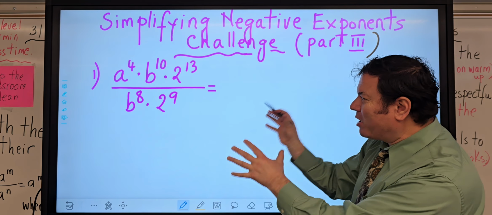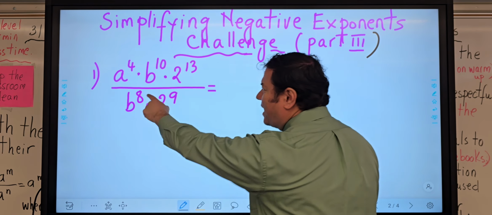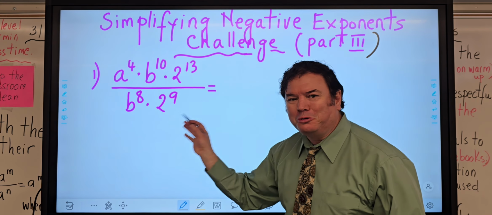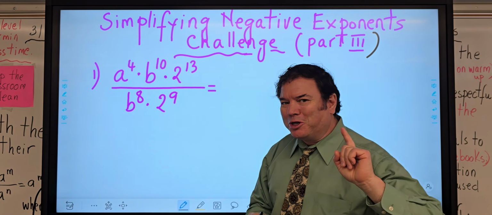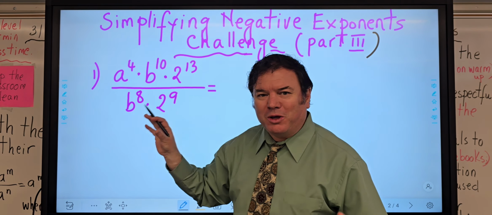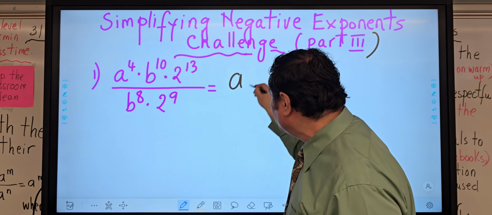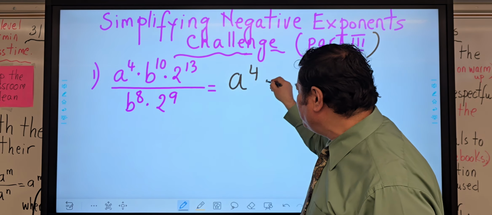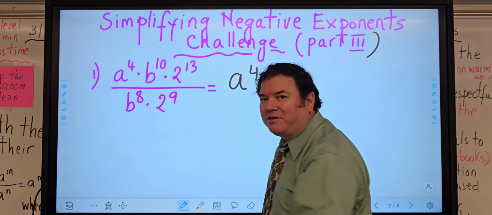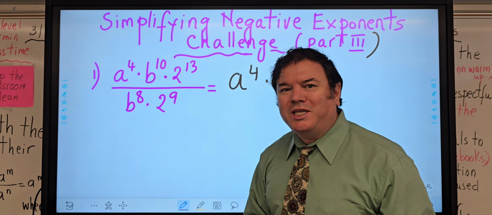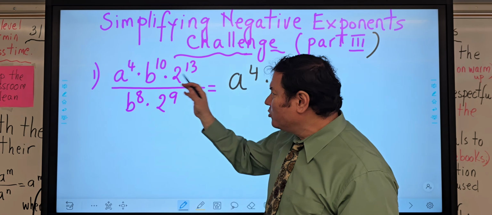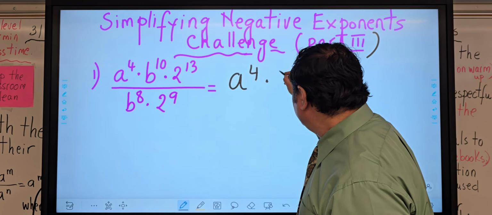Okay, let's take a look at this problem here. We have a to the 4th times b to the 10 times 2 to the 13 divided by b to the 8 times 2 to the 9th power. Based on the laws of exponents, we have a to the 4th, the only one, so a to the 4th is going to stay in the answer, times, and now we have more b's on the top. We have 10 b's on the top and 8 b's on the bottom, so we are going to use the quotient of powers property. Based on that property, we are going to keep the base, which is b, so times b,